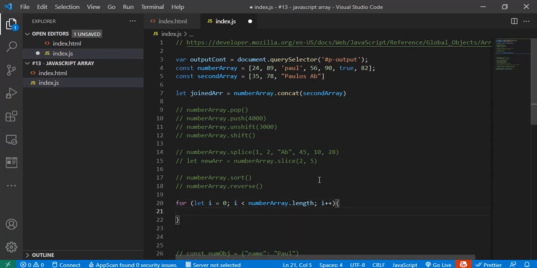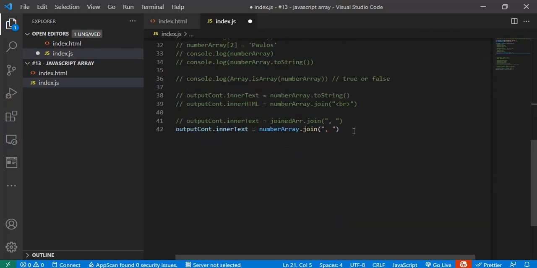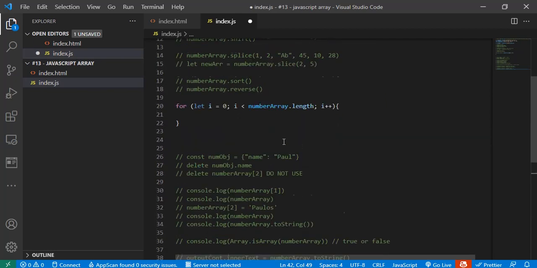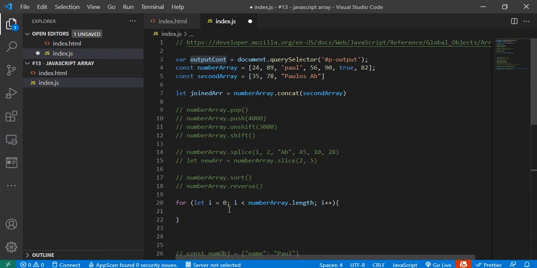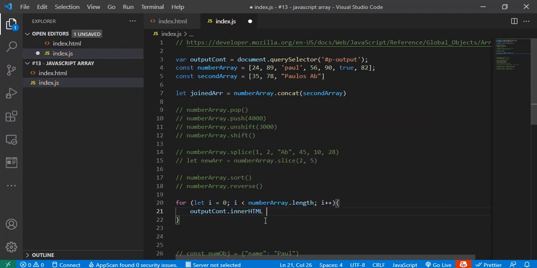So that's a loop. Then we can do something. So let's just comment this out. We're going to say outputCount.innerHTML equal to